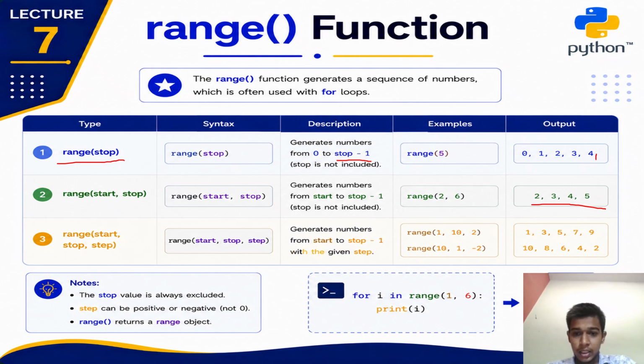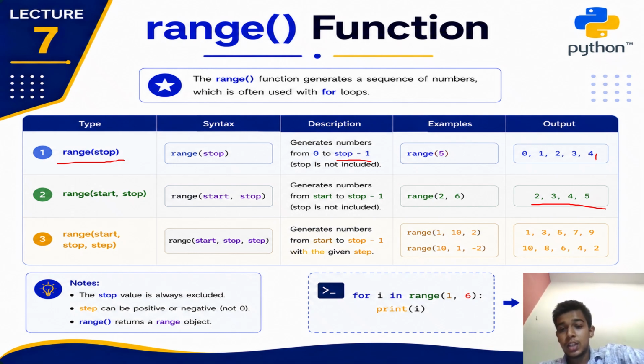And you can see here a second example, range(10, 1, -2). It is used to print backwards because the step is minus 2, so the number decreases by 2 each time. So a positive step moves forward while a negative step moves backward. There are a few important points to remember. The stop value is always excluded. The step value can be positive or negative, but it cannot be zero because Python would not know how to move to the next value. Also, the range function returns a range object which the for loop reads one value at